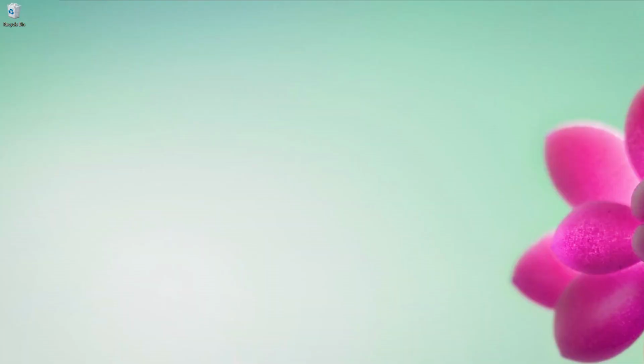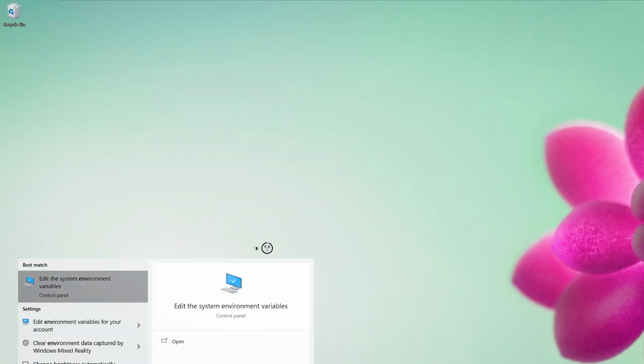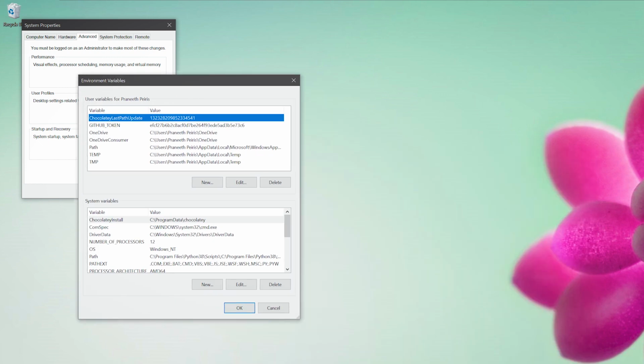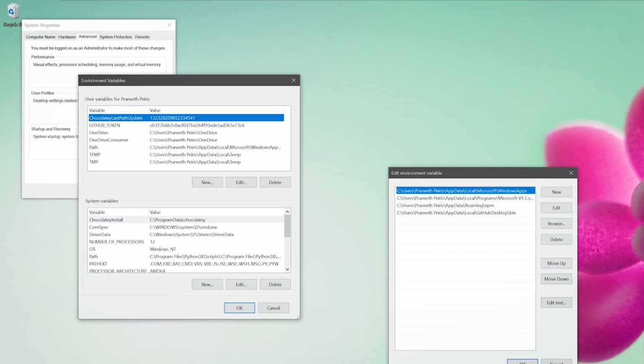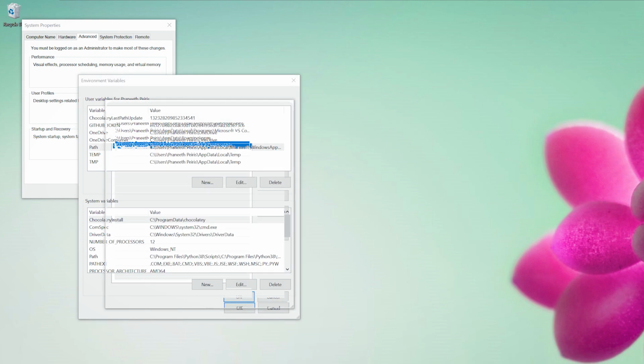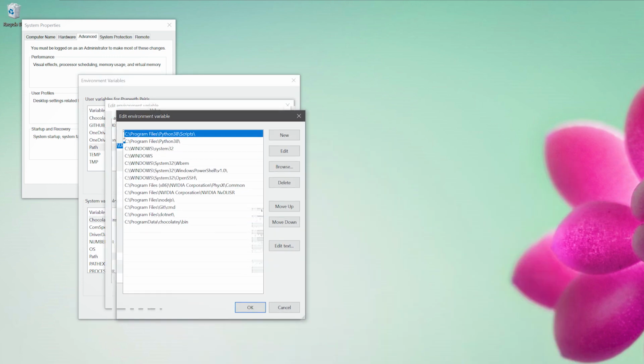Especially in the path, it used to be a long string nobody can read, and I ended up having duplicate paths a lot, and sometimes there are conflicts and it was horrible. But now they have a very clean list that we can update and see the paths in the path variable without any trouble. I think in that way Windows is way better than a Linux system in updating the path.